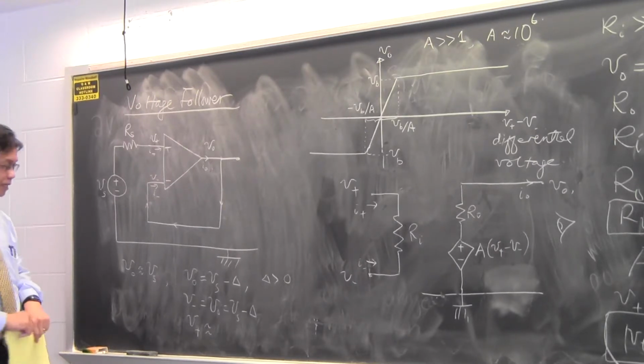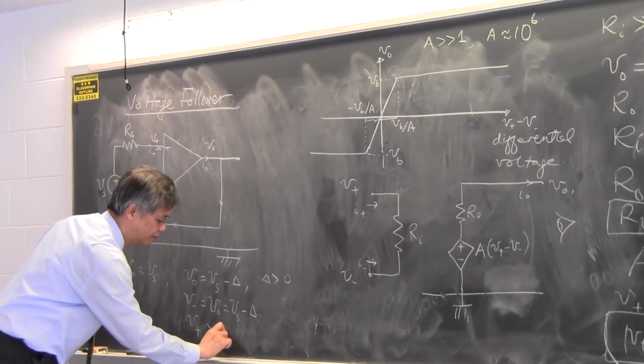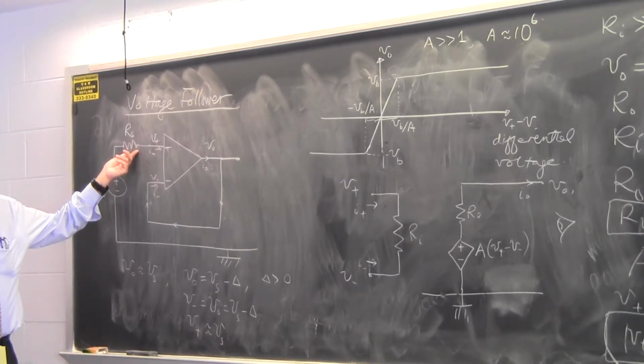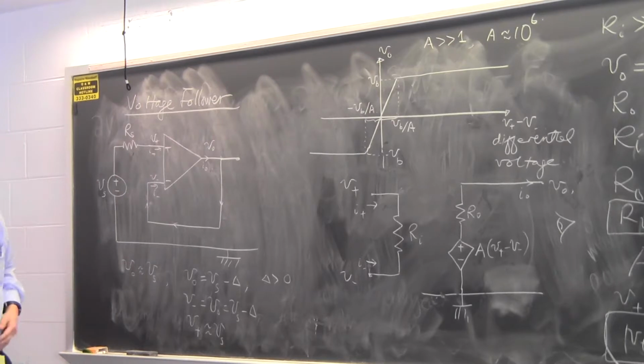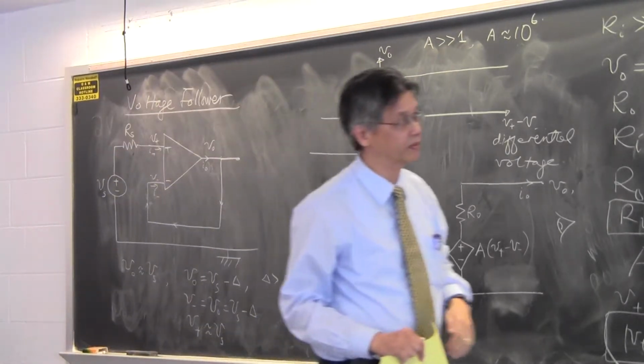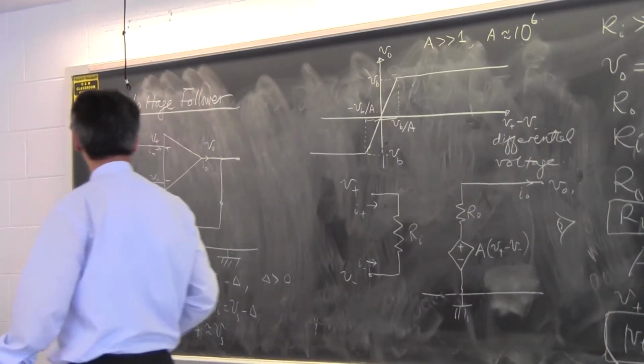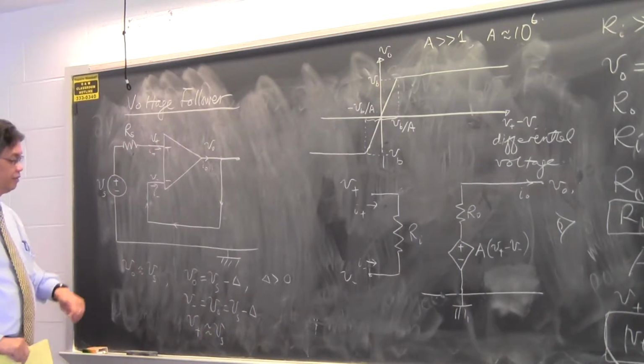Yes. V plus should be equal to Vs, right? Because the voltage drop across this would be very, very small, because I plus is actually something in terms of picoamps. Okay, it's an extremely small number. So V plus is going to be Vs, but I just convinced you that